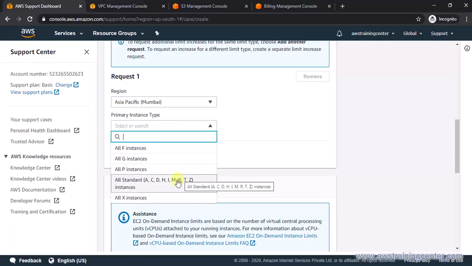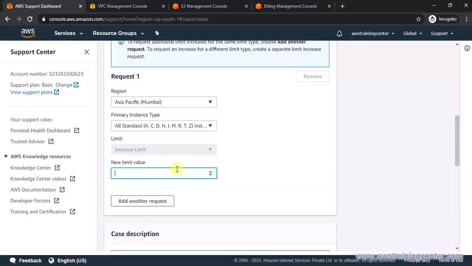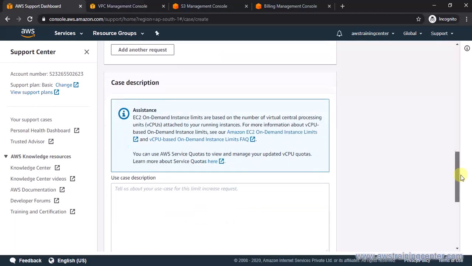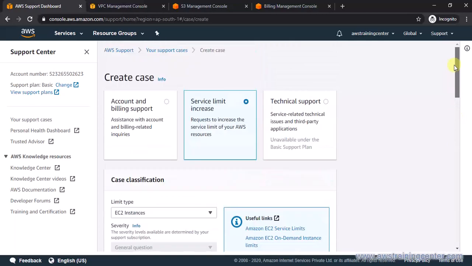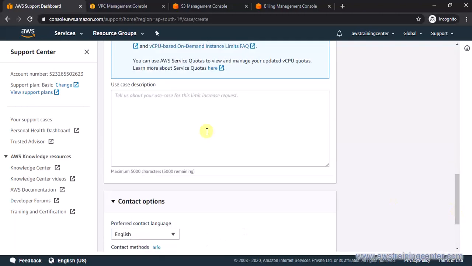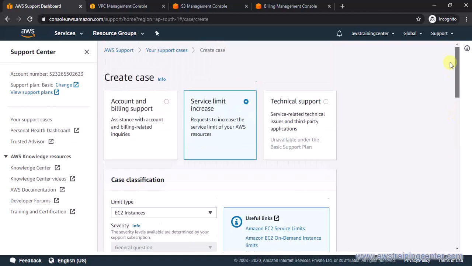Then for instance types, we are interested in the T family, so we select this, and then the new value. Now in my case it's already 5, so it does not make sense to raise a limit, but if you see a 0, then you would have to create that. And in the description you can say, I'm exploring AWS or learning AWS, I need at least 5 instances limit there. So that's about the AWS console.